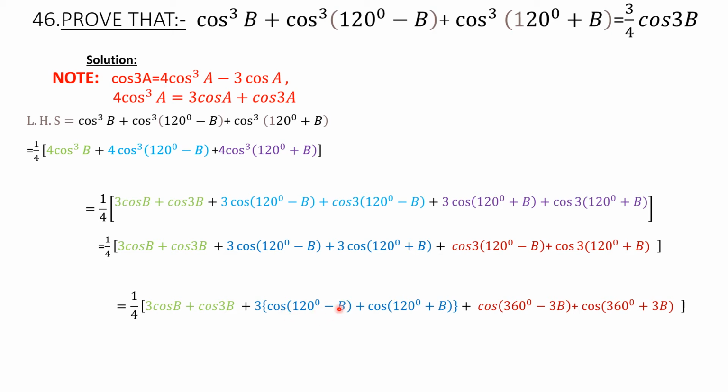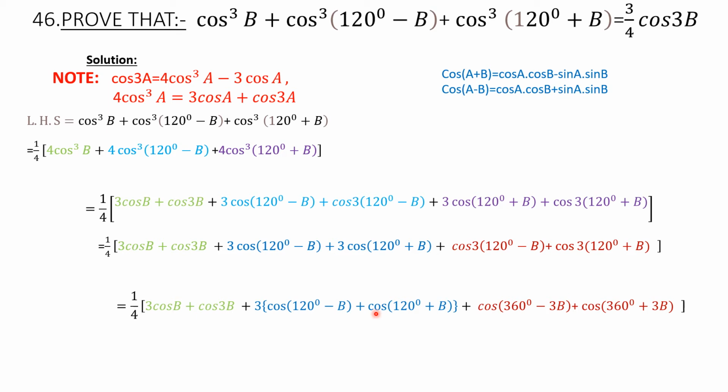After this, now over here we have cos a minus b formula. Here is cos a plus b. So you must remember the formula of cos a minus b and cos a plus b before we continue from here. So what is the formula of cos a minus b and cos a plus b? Let's recall back. The formula for cos a plus b is cos a into cos b minus sin a into sin b. And the formula for cos a minus b is cos a into cos b plus sin a into sin b. I hope this is clear. So we will use this formula over here.